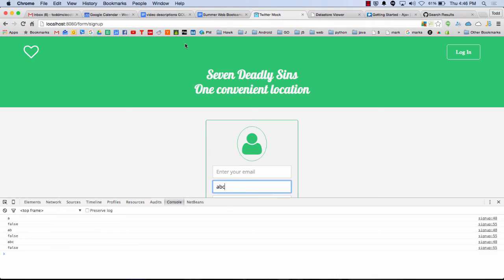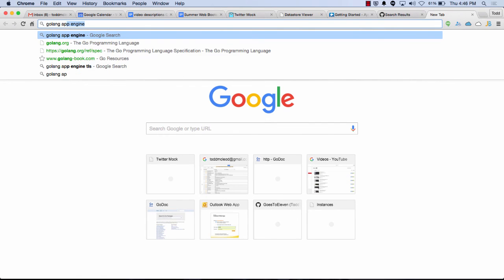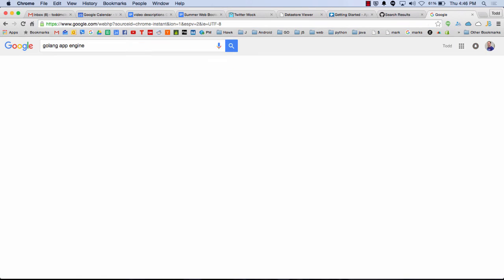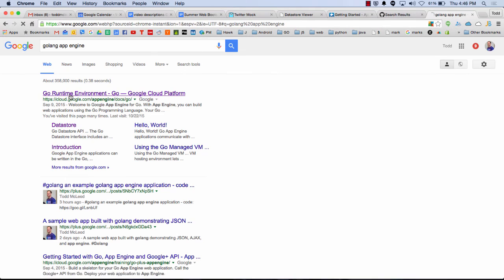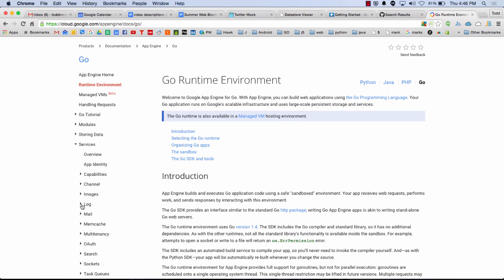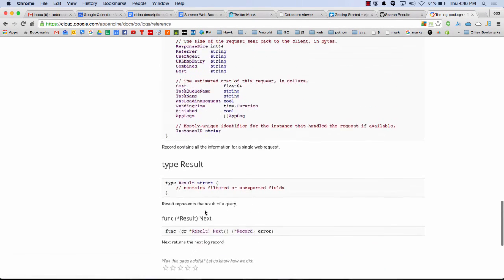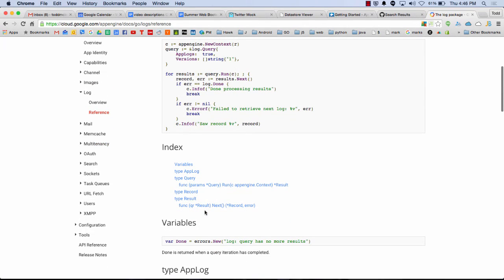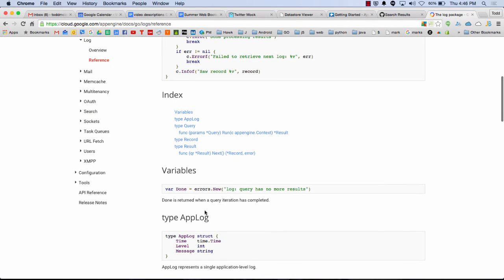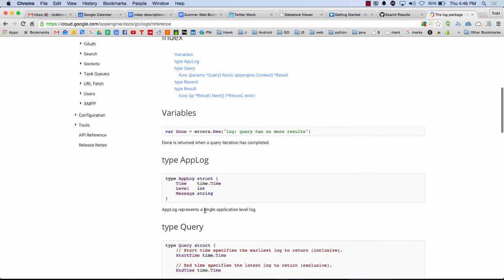Seriously, if you look at it, you wonder what the difference is between all of these. So Golang App Engine. And then I want to look in here under services at log. And inside log, look at the reference.